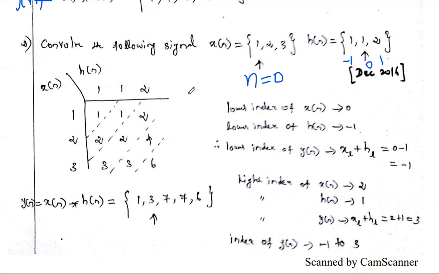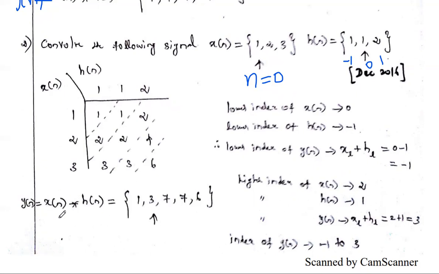The next step is to split the elements column-wise. This is the first split, second split, third split, fourth split. In the first split there is only one element, so you write 1. In the second, 2 plus 1 is 3. In the third, 3 plus 2 plus 2 is 7. Then 4 plus 3 is 7, then 6. So 1, 3, 7, 7, 6 is the convolution of